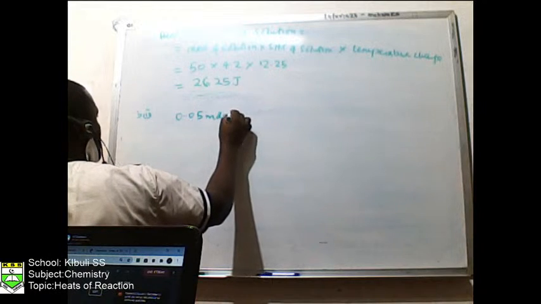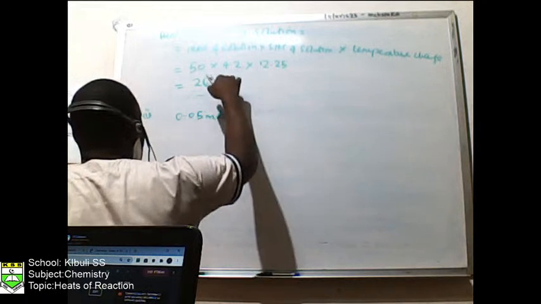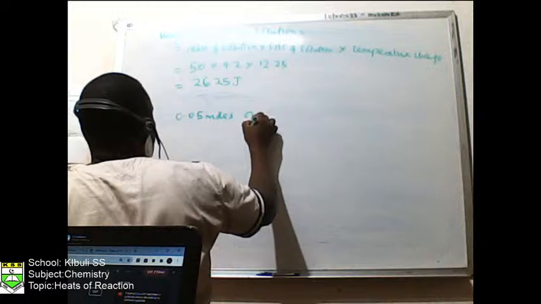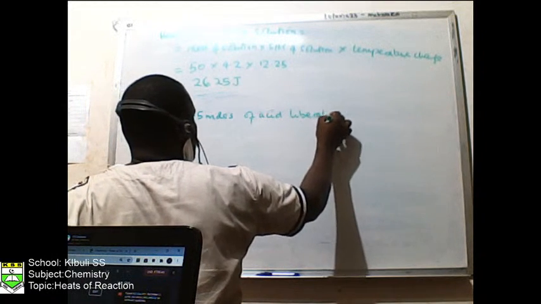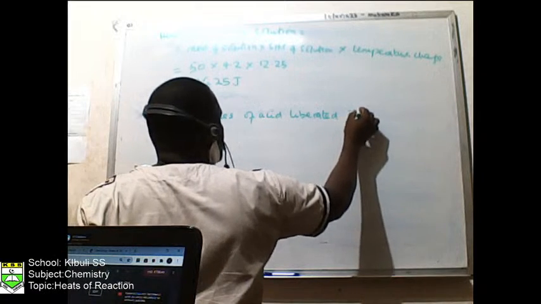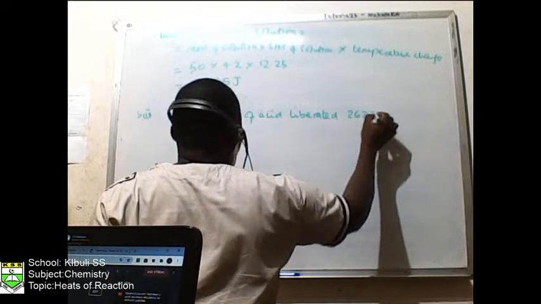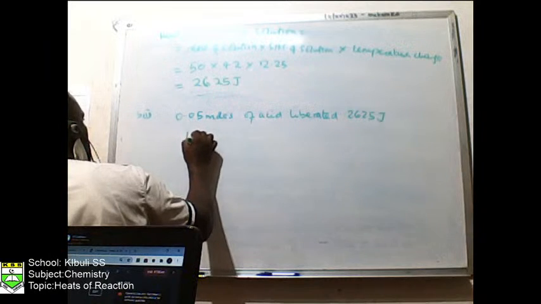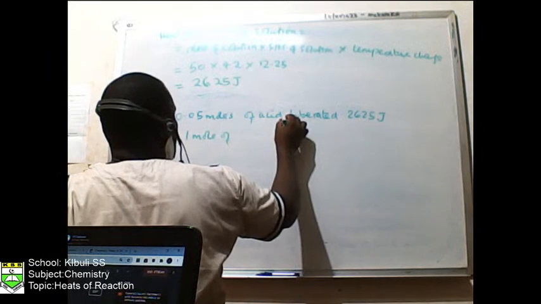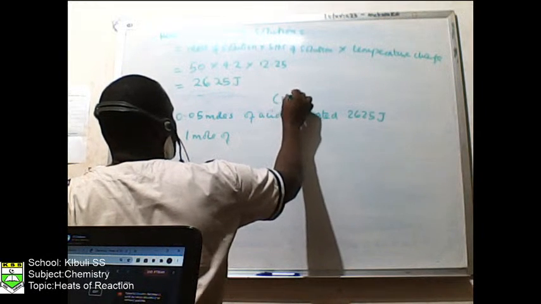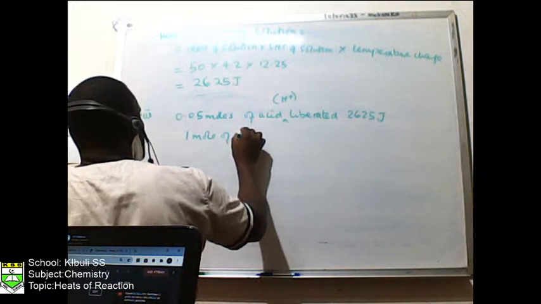So 0.05 moles of acid liberated this heat energy of 2,625 joules. What about 1 mole? Remember, this is a monobasic acid, so these are moles of hydrogen ions. 1 mole of hydrogen ions